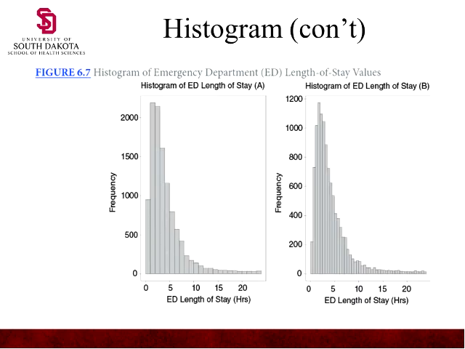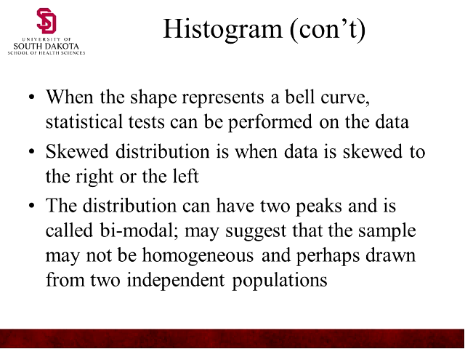A good histogram is this, for instance. So we have the histogram of the length of stay in the emergency room. So we have histogram, length of stay in hours. We see frequency, and this is the stay A and stay B. And so this may be the 2 comparisons. So we see that our length of stay is really most of our patients. Very few patients are out past 10 hours. In this one, we're consistent. So these are similar in how they look. For instance, they have 0 hours, and then we look at the first hour, we see that falls low, and then we see the differences here down the line. So this is a histogram, as it's called.